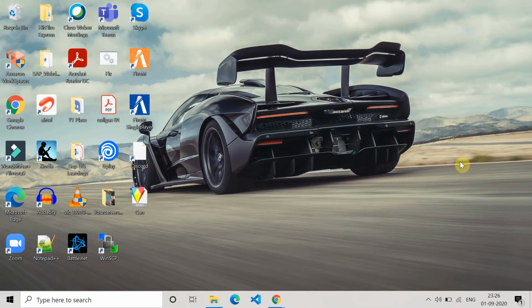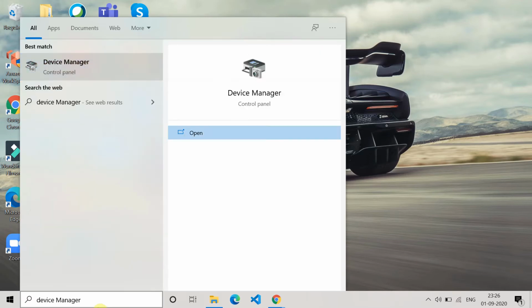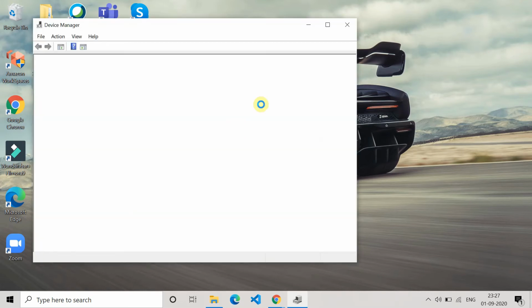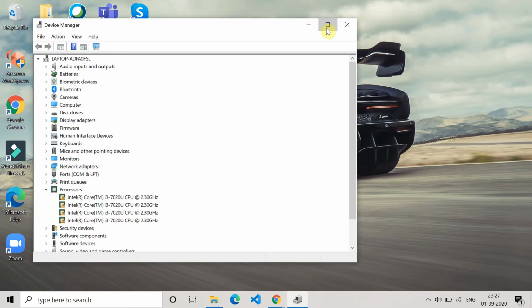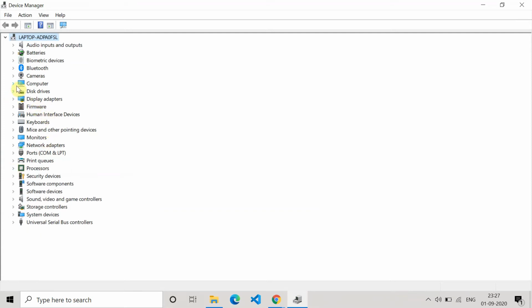Now the next method is to try to roll back, update or uninstall the driver. For that you have to go to the device manager, search device manager and open it. Once the device manager gets open, you will find the list of the drivers like computer, disk drives, firmware, Bluetooth, cameras, and all the devices are present here.